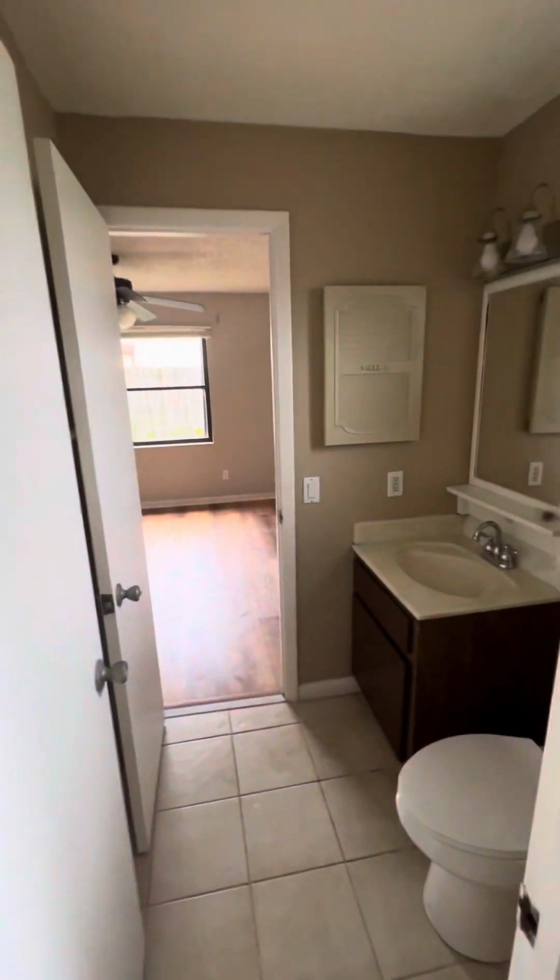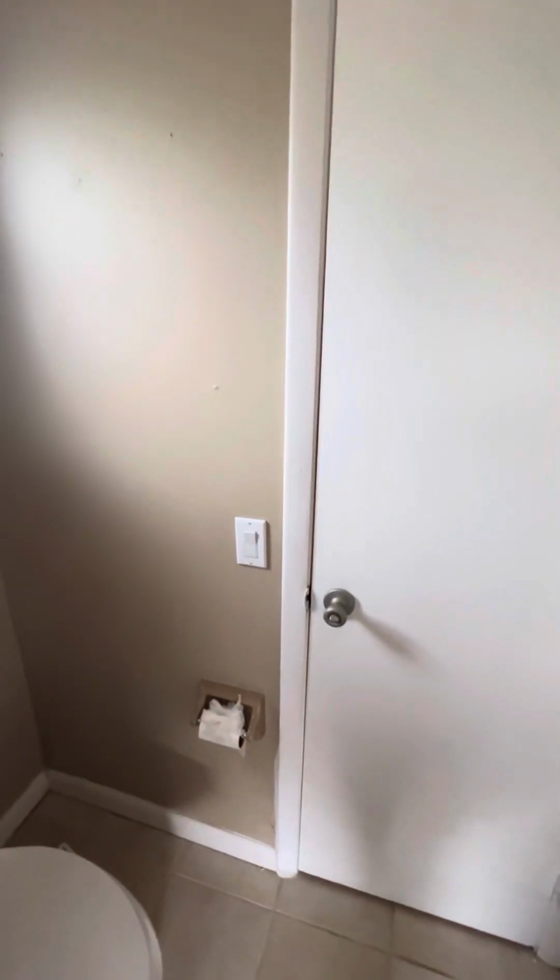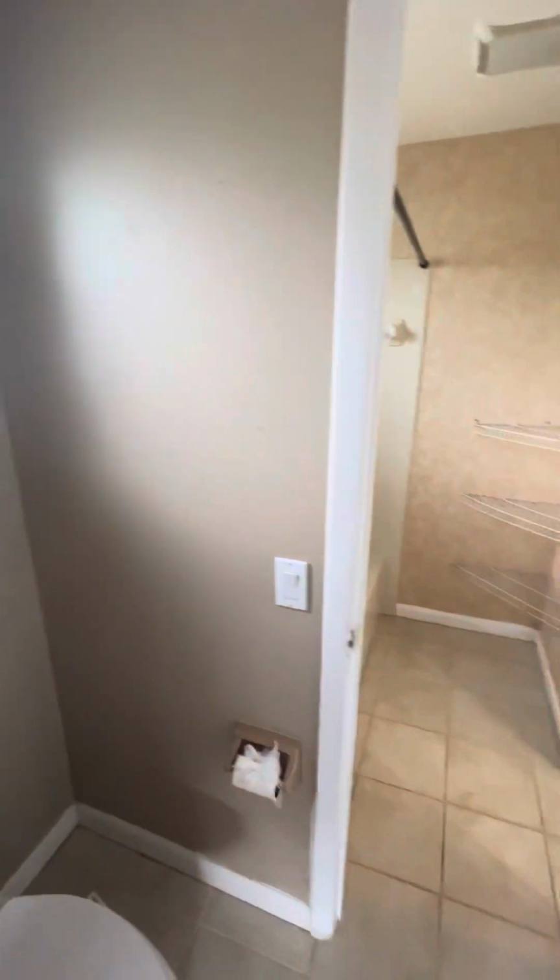So then you go from your shower room into your second half bath, which is the master half bath, and you close the door. So it's 2 half baths with a shower. That's the best way of explaining it. So see that? Now we're into